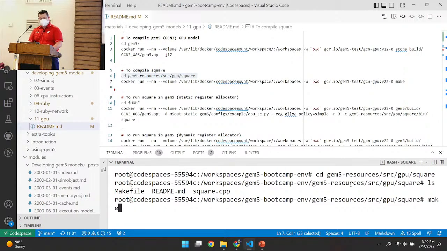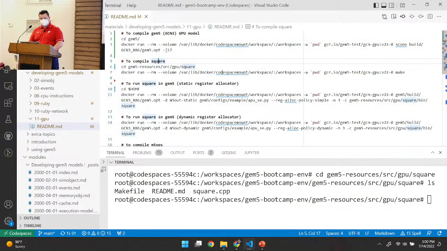Normally, if you weren't using Docker, you would just type make. But because we're doing this all in Docker, we're going to take this next command, which I will walk you through in a moment, but what it's doing is telling the Docker to